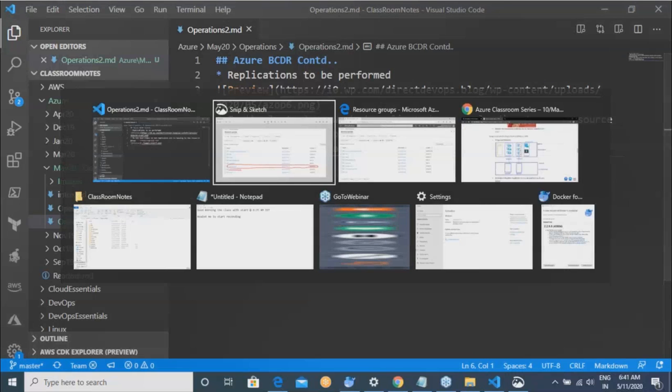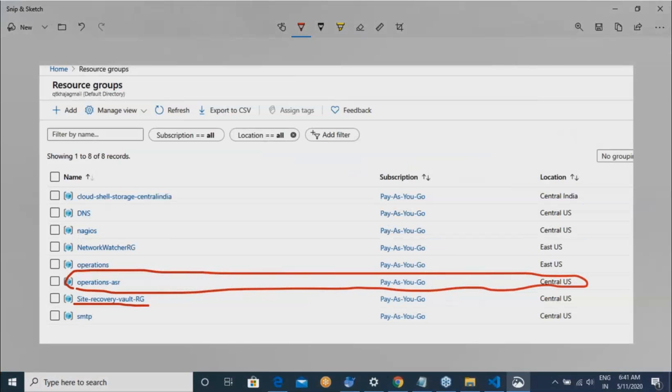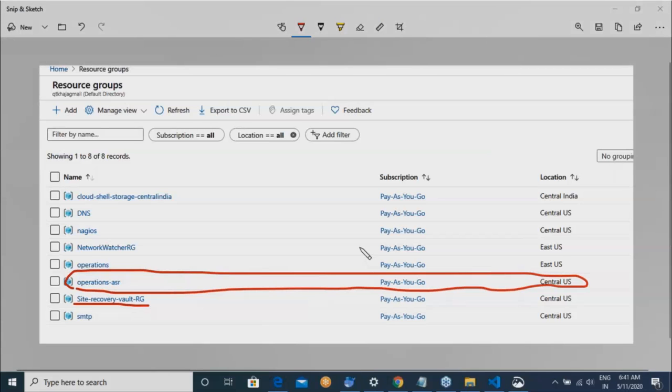Do you have something similar to this? Do you have the resource group name hyphen ASR and then the site recovery vault? Yeah. Good.